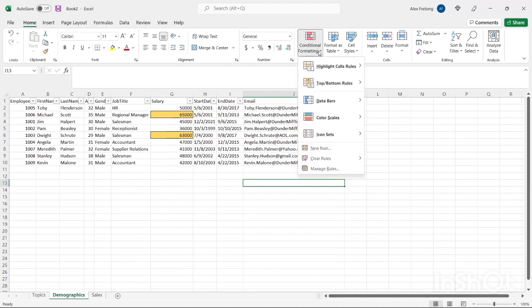Again, conditional formatting is not anything super confusing. We've looked at more complicated things, but it's a really, really useful tool to look at these patterns and trends super quickly and to find these outliers or these specific values that you're looking for very quickly. And if you're looking at just thousands and tens of thousands or hundreds of thousands of rows, this is one of the fastest ways to